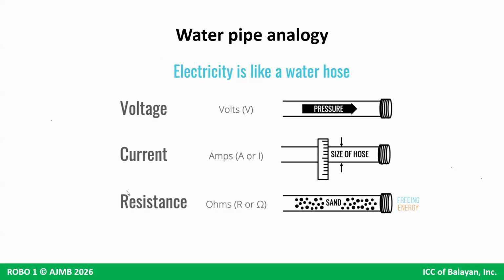Now, what about resistance? Sabi natin kanina, this controls the flow, di ba? Para hindi masyadong mabilis yung ikot ng electrons around your cycle. So here, the analogy is if you put sand sa iyong water hose, syempre, hindi agad makaka-pass through yung tubig doon, di ba? So it's analogous to your resistors. So if you increase naman the resistance, that means you would have lesser current. Mas hihina ang iyong flow rate, the flow rate of your water, or in this case, your electricity.